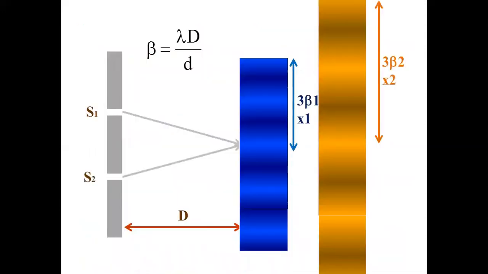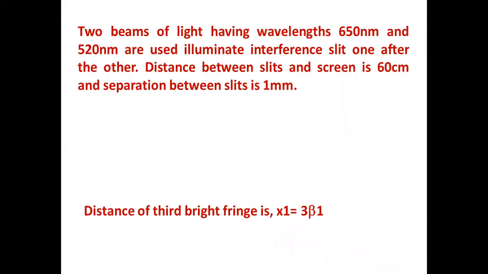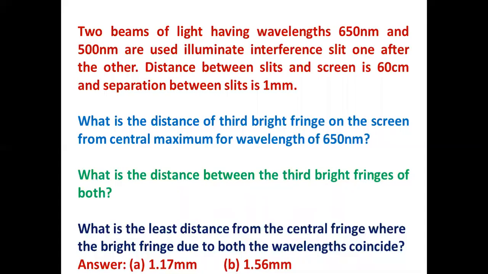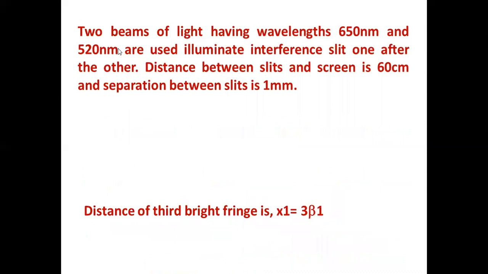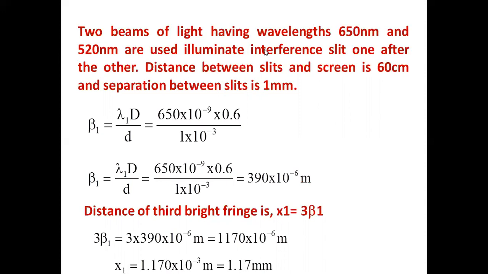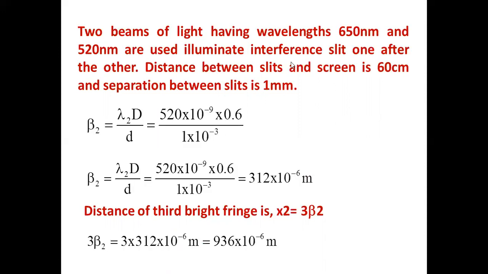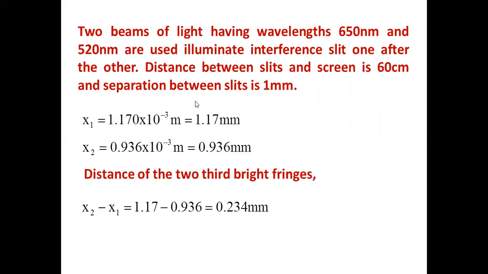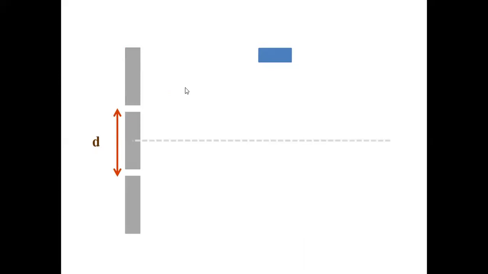Yes, somewhere I have gone wrong, I have a doubt. This is over and it is 650. Somewhere I have taken it wrong. It is 500 here. It should be 520. Okay, this should be 520. That's what I was guessing about here. How it came different. So 650. This is 520. In the next case, it is 520. Beta 1 is over. Beta 2 is 3. Everywhere we have used 520. We will take it as it is. Now, the distance between the two bright fringes is also over. Third bright fringe. Now the coinciding point.